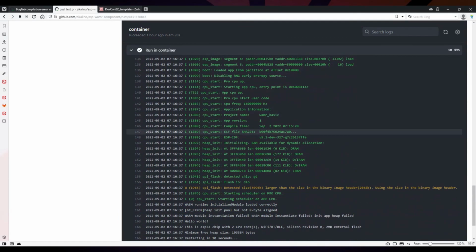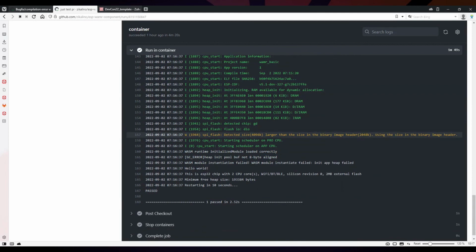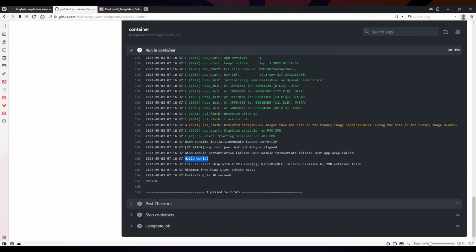So everything looks exactly as on real hardware in this case. We have some output from the WAMR WebAssembly runtime. And then finally we have our hello world text. The framework finds the hello world and it decides the test has passed. So that's all about